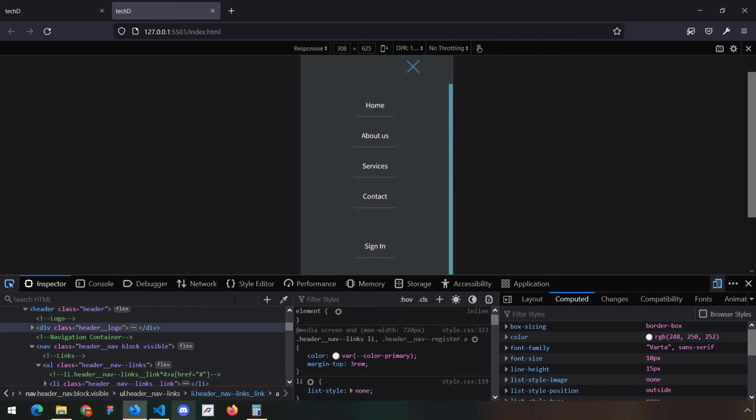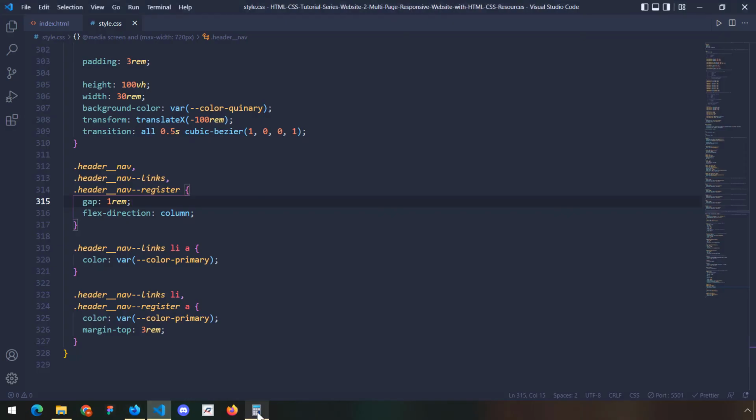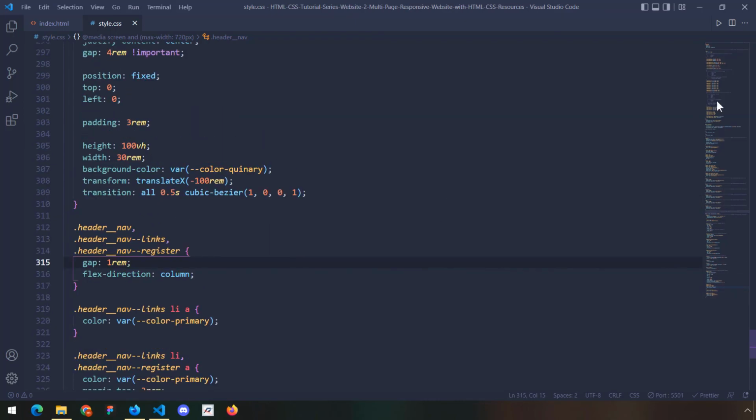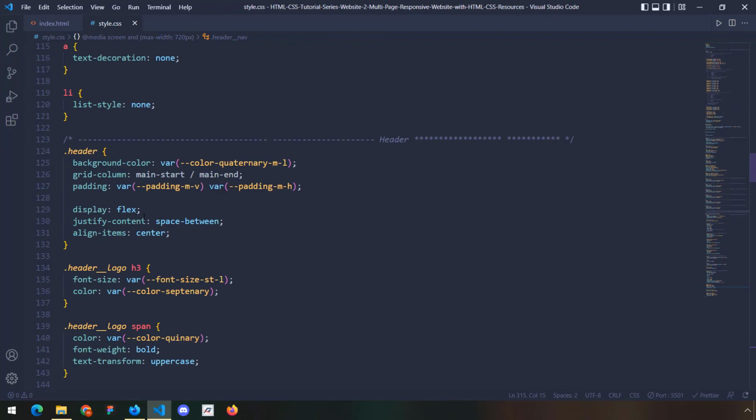Why is it open now here? Now, the reason that I think the margin is not being applied is because our anchor elements are not display block, they're display inline. So when they're display inline, they cannot accept that value for height and width or margin top and bottom. But I don't think that is going to be the issue right here, because,